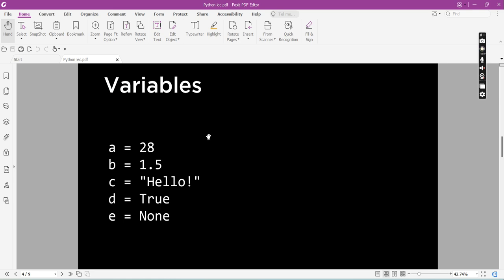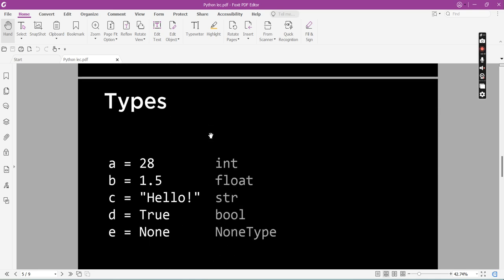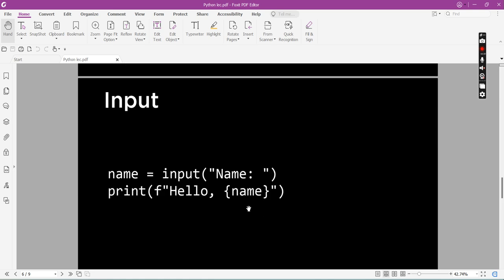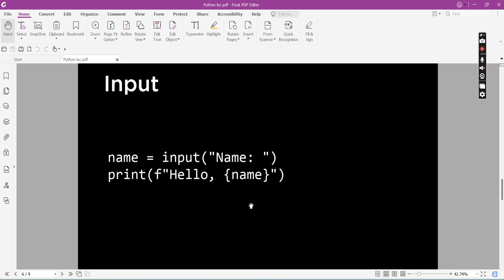As you can see, we have here five variables wherein they have different values. Such variable data types in Python are integer, float, string, boolean, and the none type. We also have the input function wherein we could actually cater input from our user.